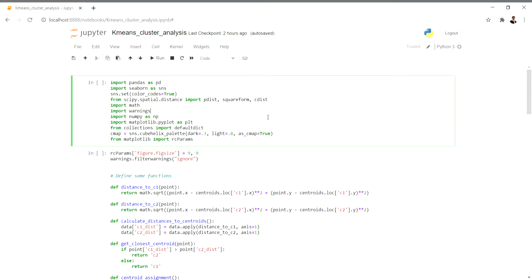A prerequisite to this video is the basic idea of what the k-means algorithm is. Also, the k-means algorithm is very important when you go for any data science interviews, or at least in some minimal Python developer interviews, they ask for the k-means algorithm. So it is that important to know what a k-means algorithm is and how it is calculated.